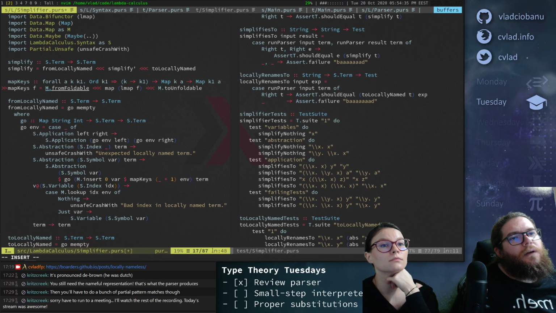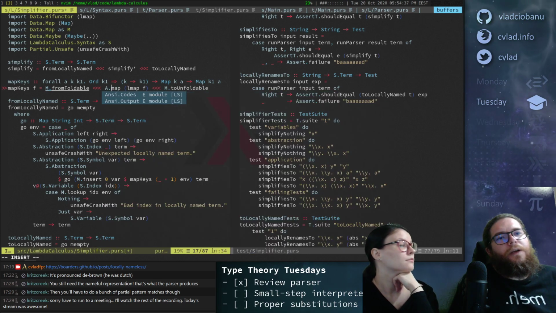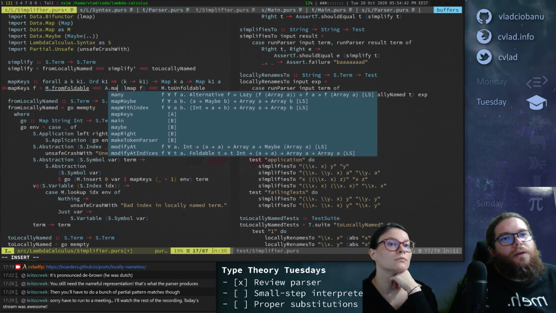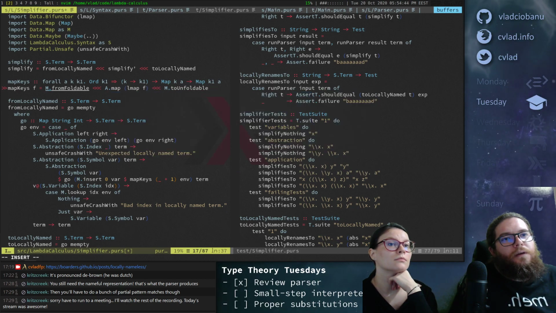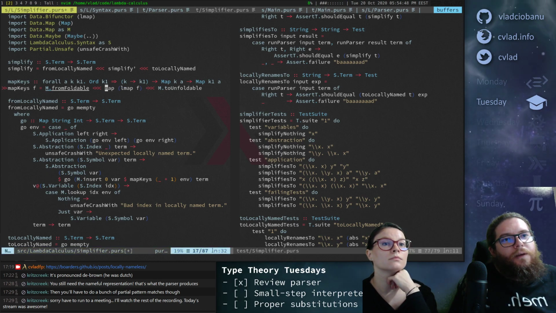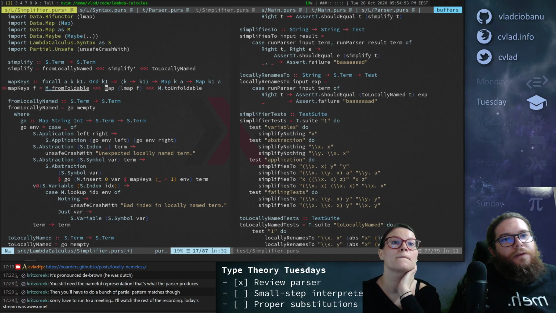Can I instead use array.map? Is there such a thing? I mean, I just need to annotate something here, I think, and that will work. What's the easiest thing to annotate?